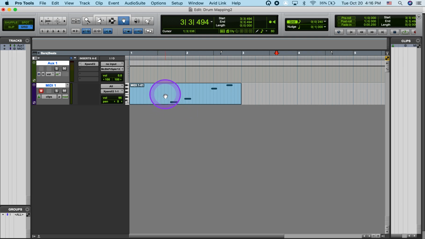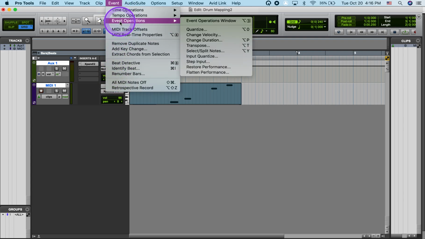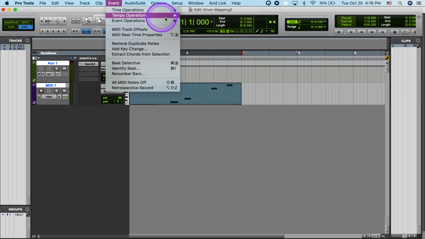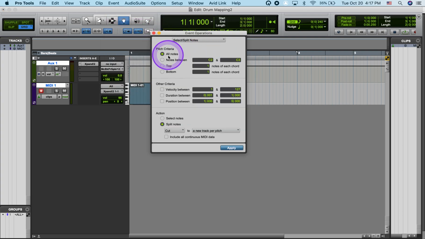Now here's a nice little trick that comes with this. I'll select the region that I've done, go up to Event, and this Event menu is where most of the operations that I need for MIDI are. I'm going to go to Event Operations window, and I'm going to select Split Notes. From here I'm going to choose All Notes, go down to the bottom, do Split Notes, copy them to their own new track, hit Apply,